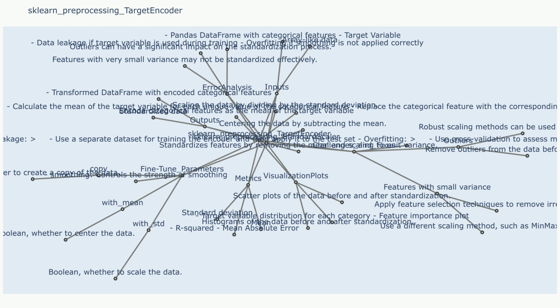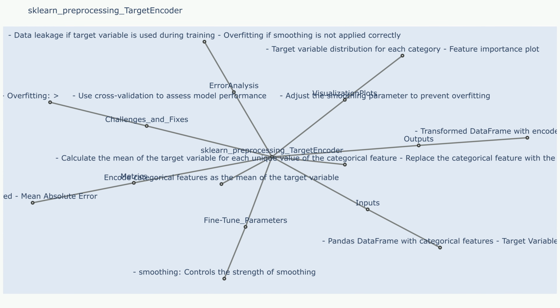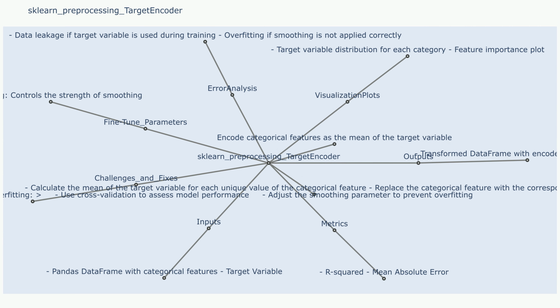sklearn preprocessing target encoder. Description. Target encoder is a feature engineering technique used to encode categorical features by replacing each category with the mean or other statistic of the target variable for that category. It helps to improve the performance of machine learning models by converting categorical data into a numerical format that models